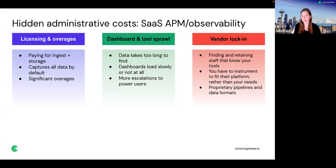And that's an administrative cost of its own, right? Is understanding those models and shaping your system and team to be responsive to them. I think to that second point here, dashboard and tool sprawl, depending on your vendor, they may provide different kinds of tools to manage your data, dashboards to see your data, ways to organize your dashboards into lists, or they may not. And you may have things that, especially over time, really devolve into classic entropy scenarios,